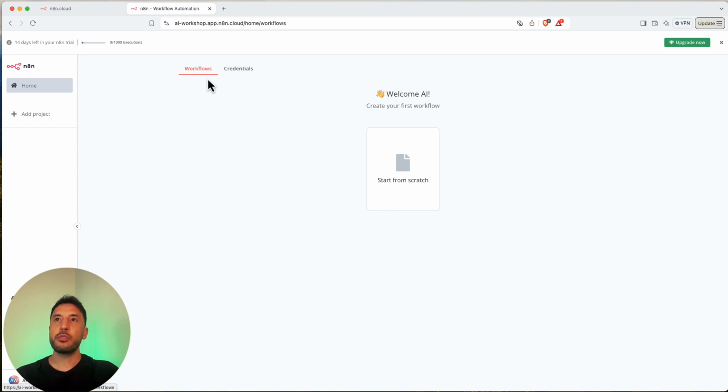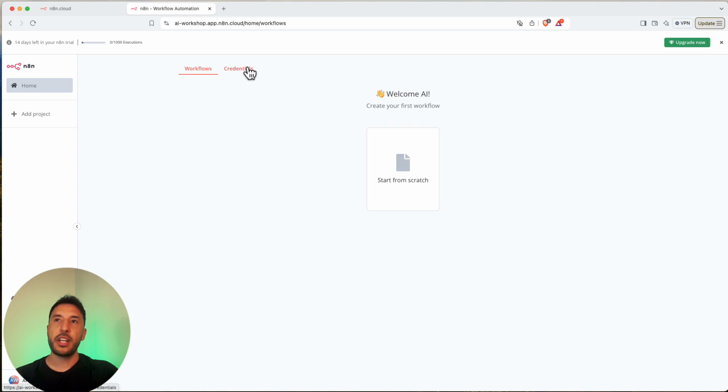So the workflows, this is where you're going to start building these different automations, whether it's agents. n8n refers to all of that as workflows. And that's what I was talking about earlier when it comes to n8n being cheap compared to these other tools that are out there, because they will charge you based on the workflow. So your workflow can be extremely complex, and you'll be only charged for the workflow. And by the way, that's on the cloud account, not on self-hosting, because on self-hosting it's going to be different.